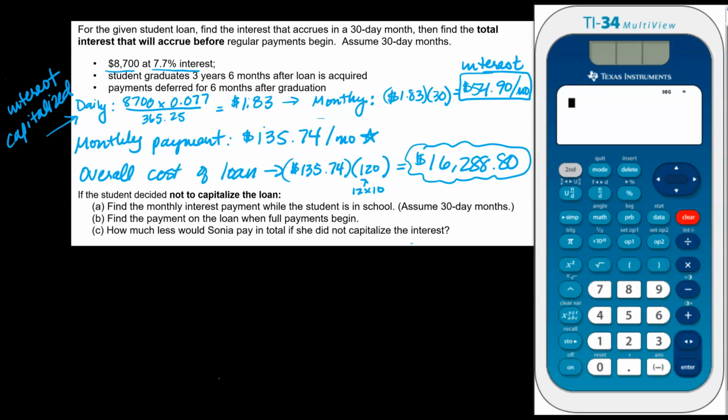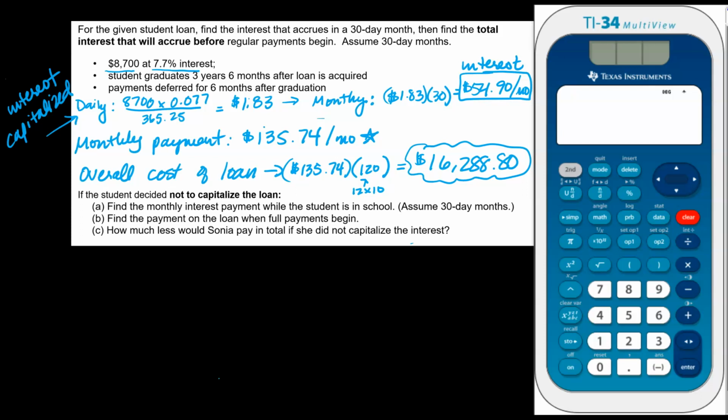In this video, I'm going to build off of a previous example where we looked at a student. Her name was Sonia, and she had a student loan amount of $8,700 with an interest rate of 7.7%. And in the previous example, we assumed that the interest was capitalized. And what that means is that this student did not want to make interest payments while she was in school. She wanted to be able to go to school and not pay anything on her loan, including the interest, and